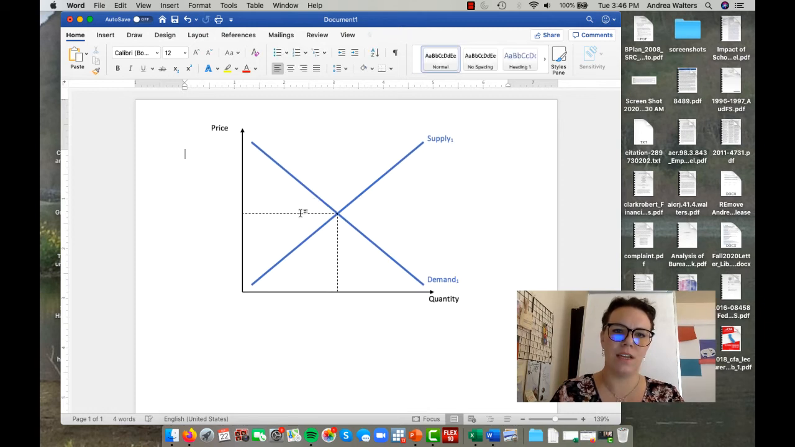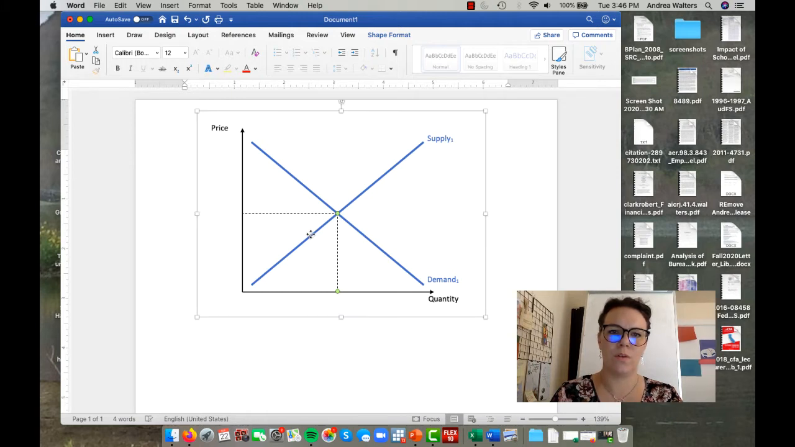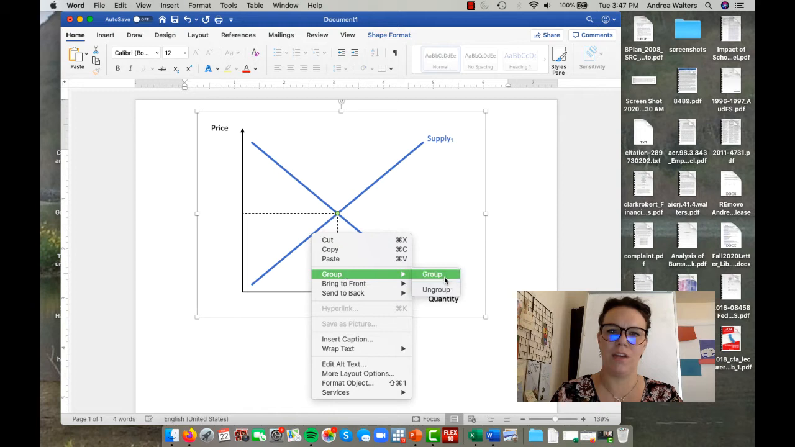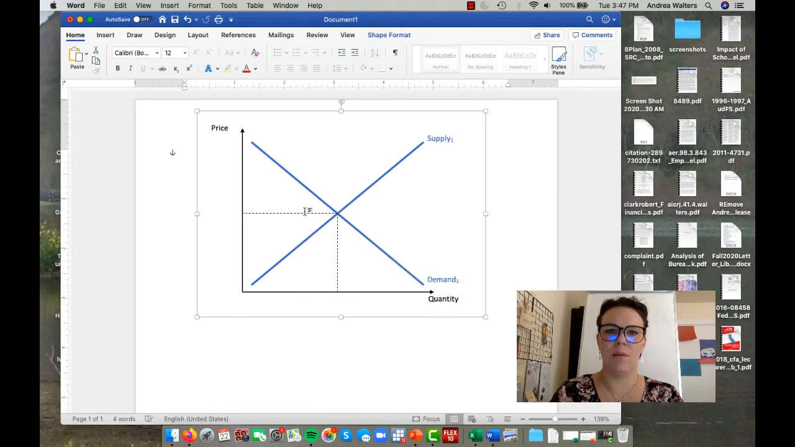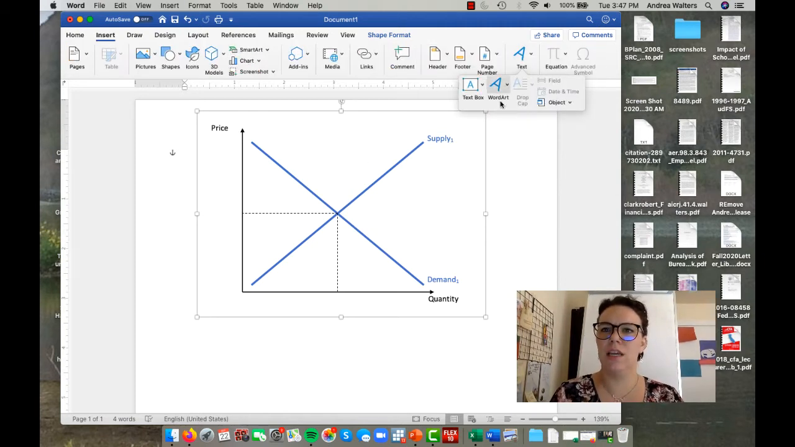And if I wanted to add in these lines here, just have to select them, which is hard because they're skinny. But it gives you a sense of what you can do. And right click and group them again, and you can always ungroup them, but that helps you if you want to move stuff around. I can also insert another little text box